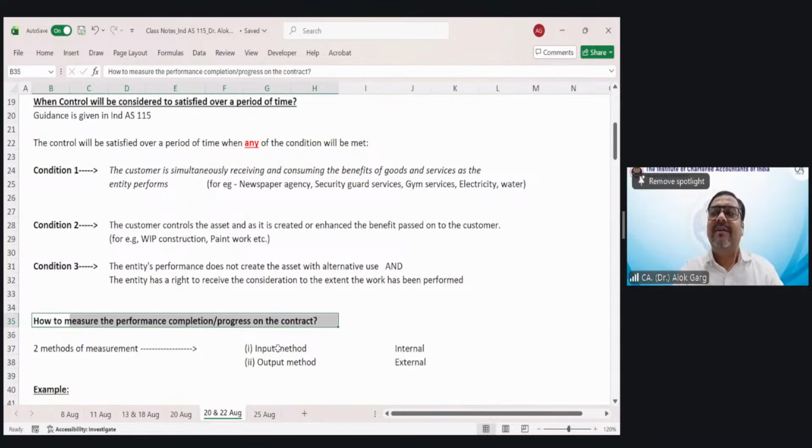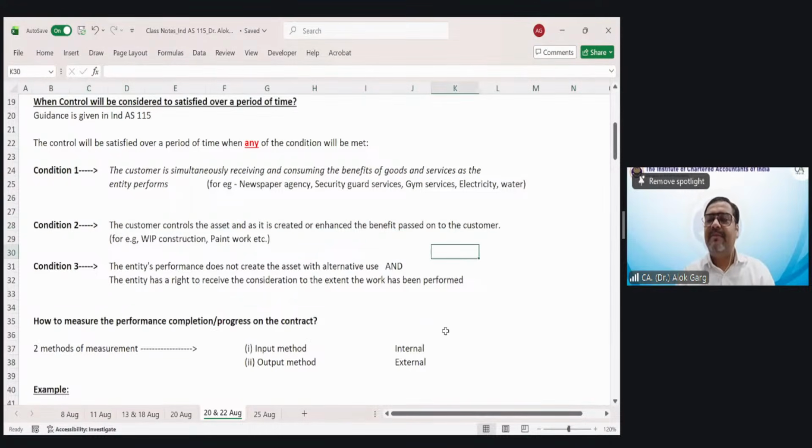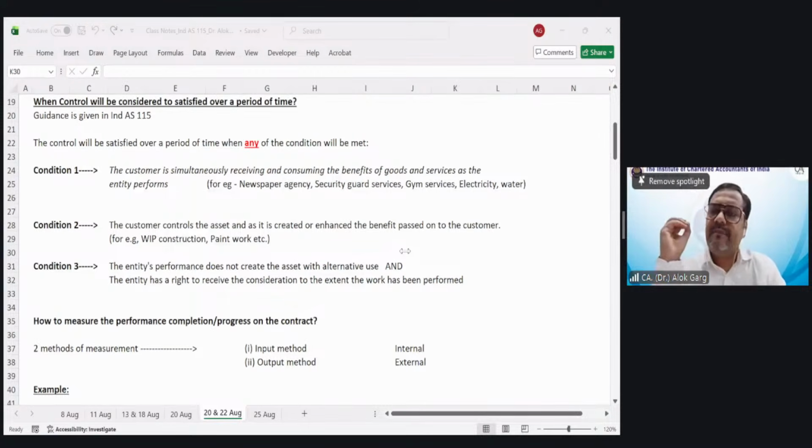For example, sir, the vendor or the contractor or the entity is providing construction services, and these construction services will take 5 years. And sir, these construction services are provided in the premises of the customer. So condition number 2 is meeting. Yes. So sir, the period is 5 years, okay, and condition number 2 is meeting. It means, sir, the revenue has to be recognized over a period of time, but we know the total contract value is 1 crore rupees in the 5 years.